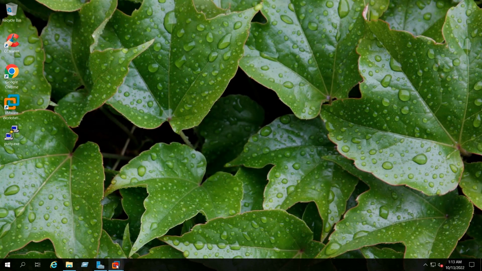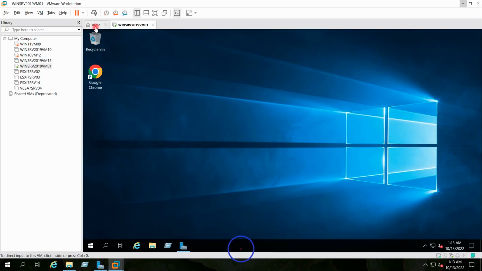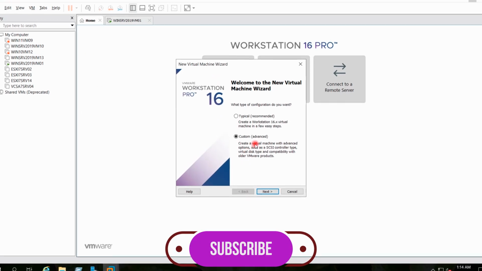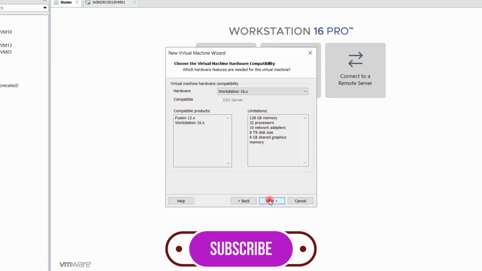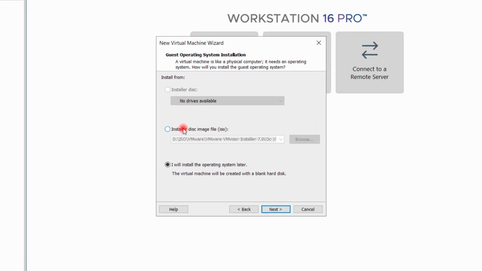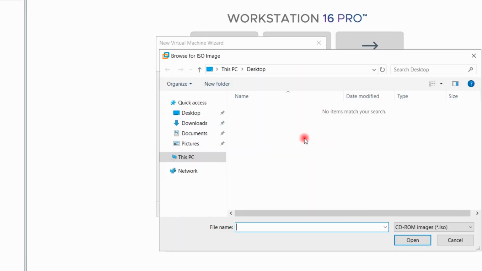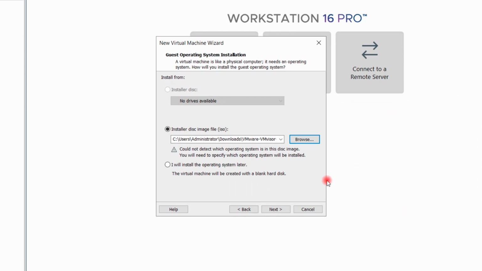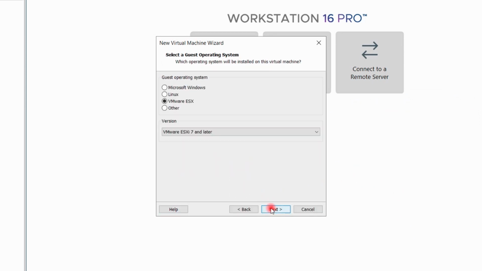I will now go to my VMware workstation and I will click on create new virtual machine. Next, installer disk image, and I will provide the path of the downloaded ISO in my local system. Next, operating system VMware ESXi 7 and later.